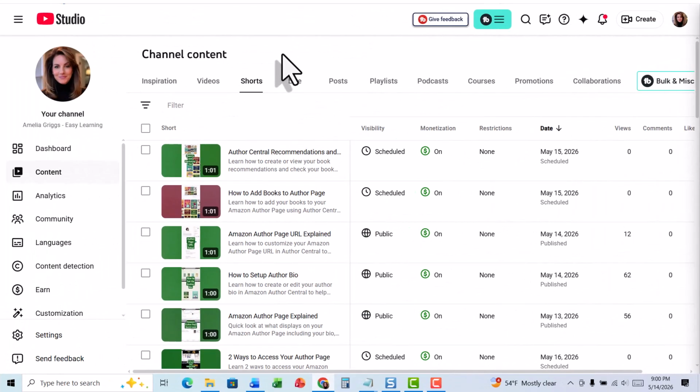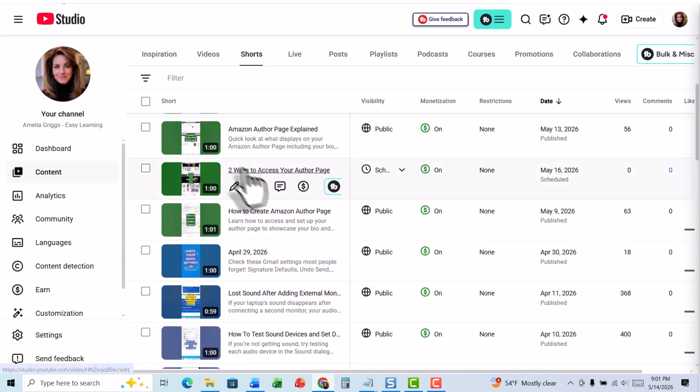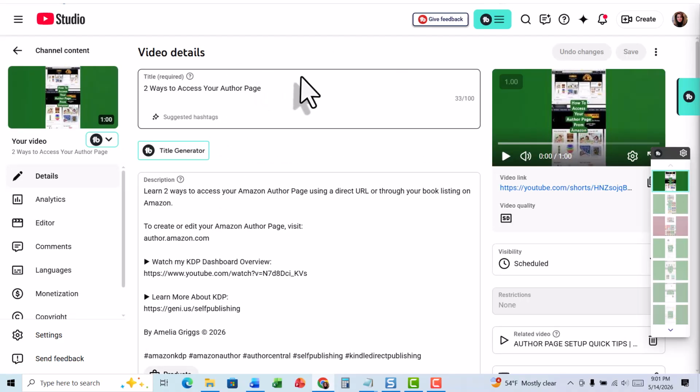So here I am in the YouTube Studio on my desktop, and I'm going to finish and optimize the metadata before I put the short live. So you'll want to go to your Shorts tab in YouTube Studio and locate the short that you uploaded from your mobile device. Now I just put a few shorts live, all remixed from the same long form video that I just showed you. The one that I just demonstrated is this one here, and I just recently optimized the title. So you'll want to click the pencil icon, which will take you into the editor for that video short,